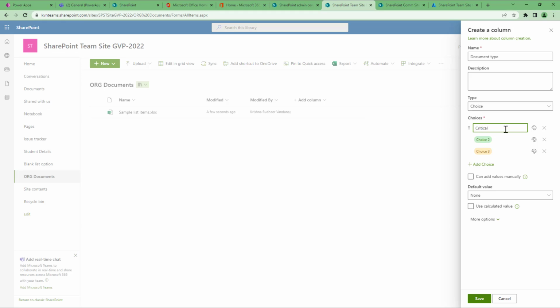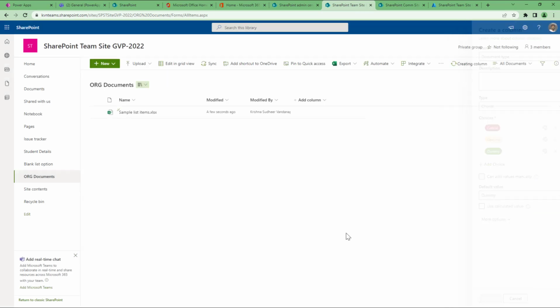You can define choice fields, and you can also define what color you want. For critical, always red, this one is amber, and this one is green. And the default value you can always say